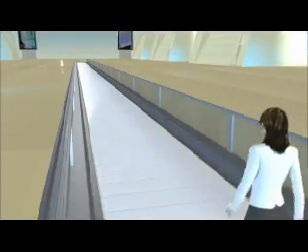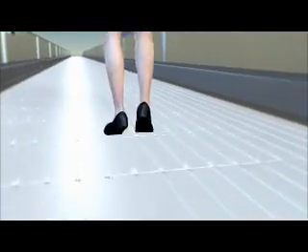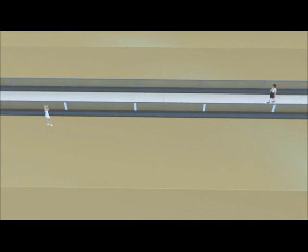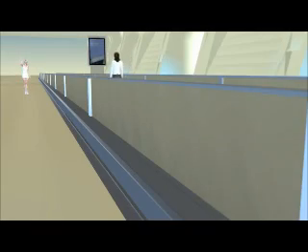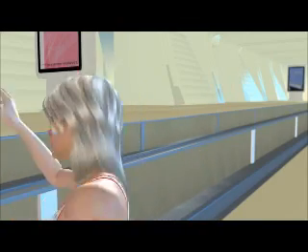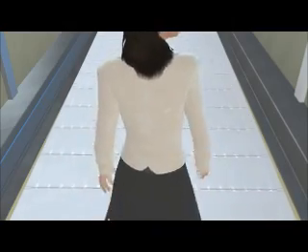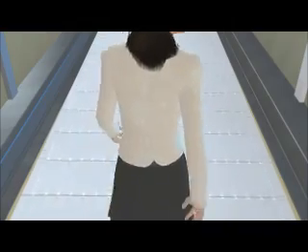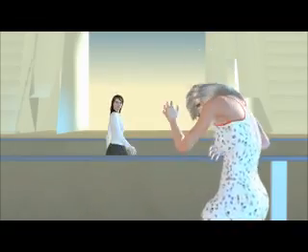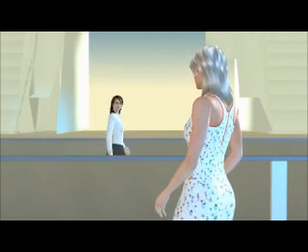If Susan walks on the walkway at 3 miles per hour, she can accurately say she is walking at 3 miles per hour. But Sarah sees her moving at 6 miles per hour. And if Susan walks against the walkway at 3 miles per hour, Susan can still say she's walking at 3 miles per hour. But now Sarah sees her as standing still,